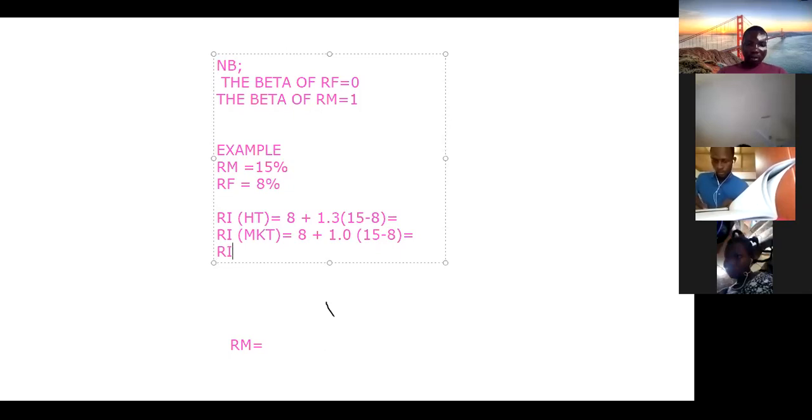The next one, RI for the next investment, which is USR, is going to be equal to 8 plus